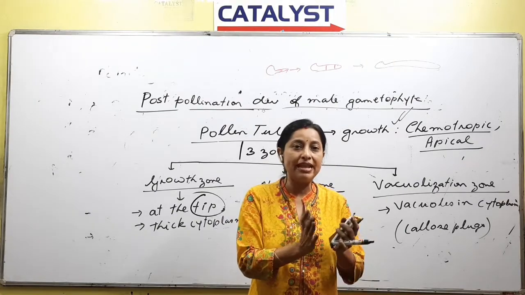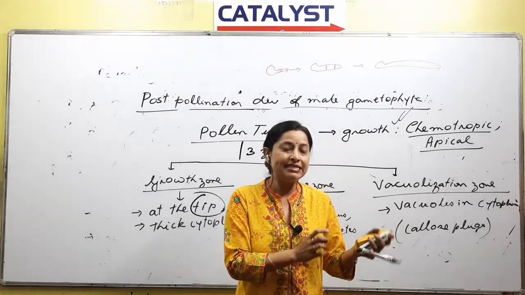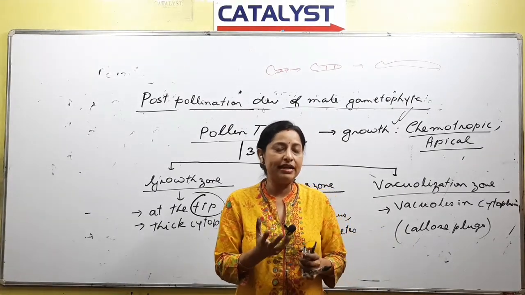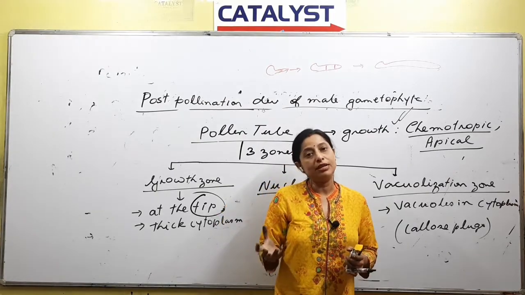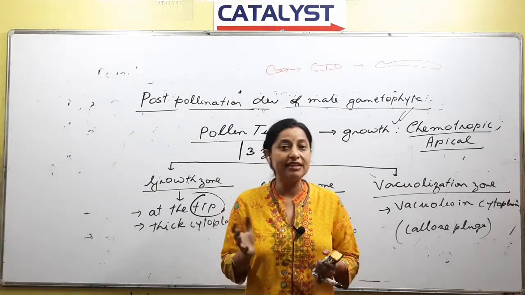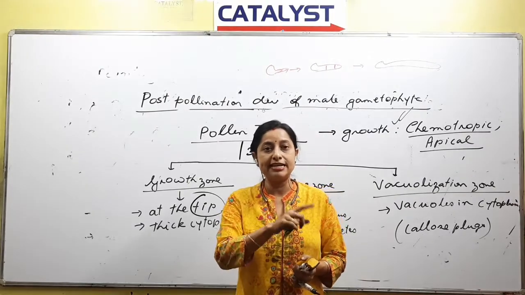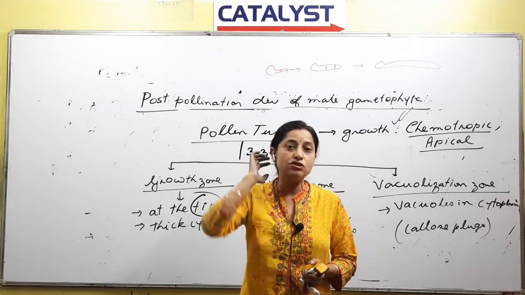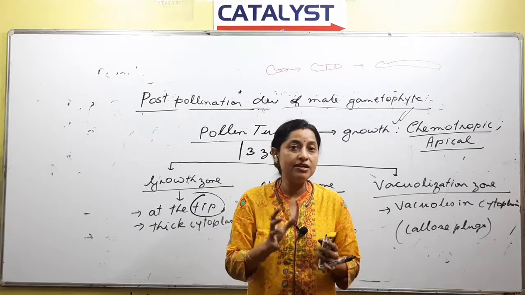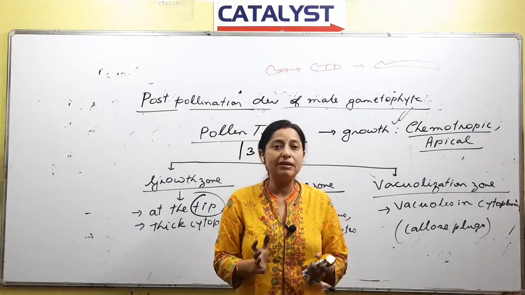The male part is ready, ultimately. The male portion, the male gamete, will meet the female gamete, and that is called fertilization, which happens by the process called pollination. So we have to talk about all these steps. First, we'll be talking about the female part; the male gametes are already ready.